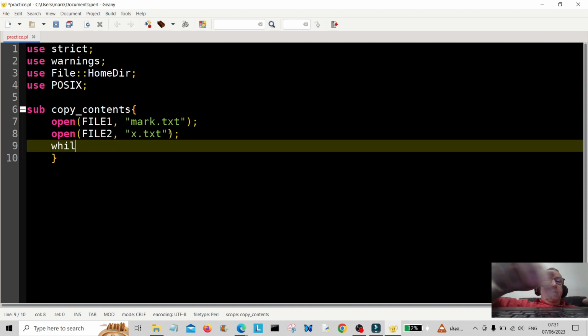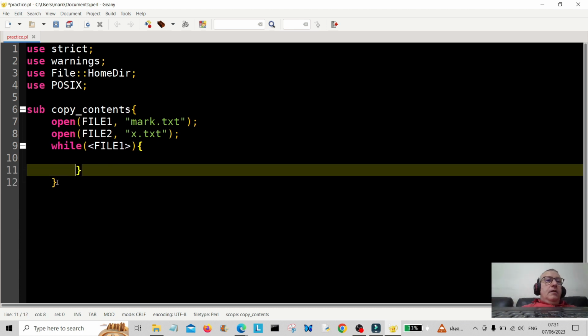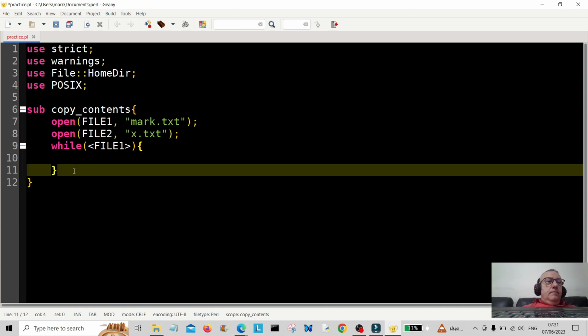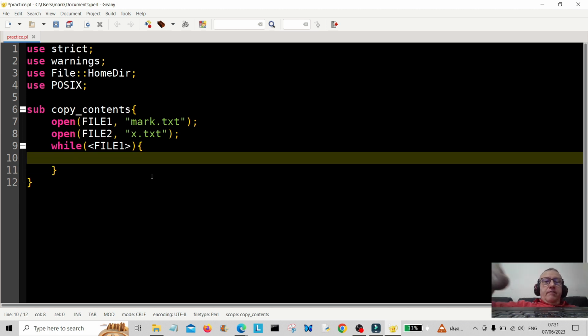And then we're going to do while here. And this is going to be file 1. Take that down there a little bit further, make it look a bit more presentable. Okay, so this is going to accept the data from one file to another,